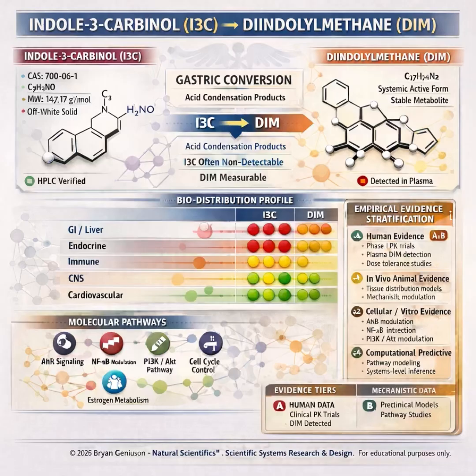When plant tissue is disrupted through chopping or chewing, glucobrassicin is hydrolyzed, leading to the formation of indole-3-Carbinol. However, its translational identity is defined not merely by its dietary origin, but by its chemical behavior in the gastric environment. Under acidic conditions in the stomach, I3C undergoes rapid condensation reactions, producing several oligomeric derivatives, most prominently diindolylmethane,